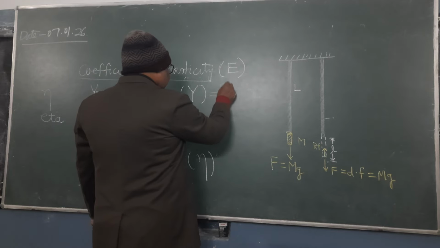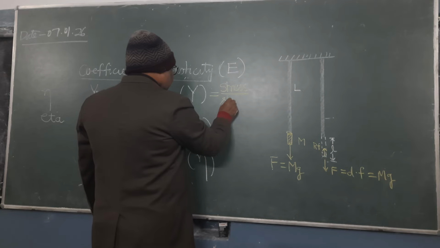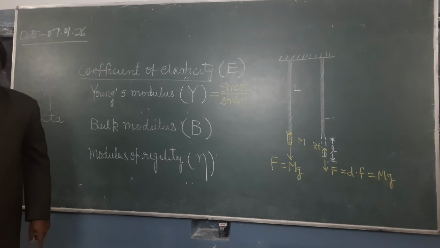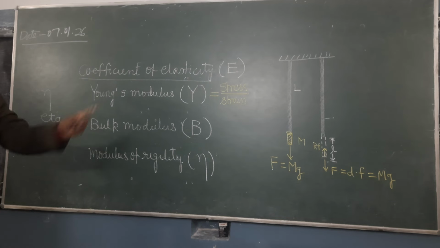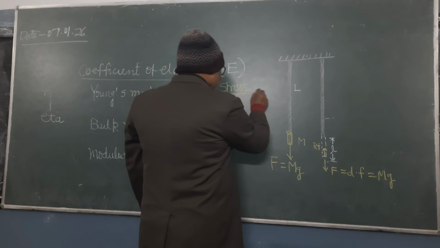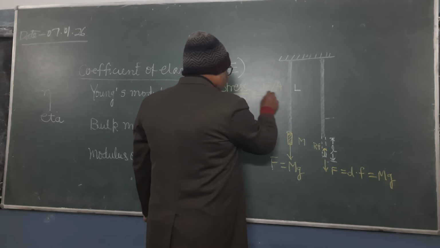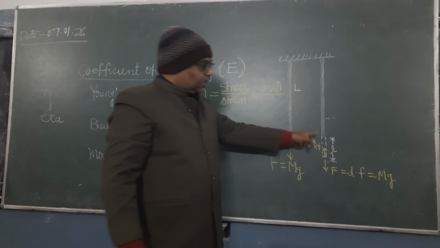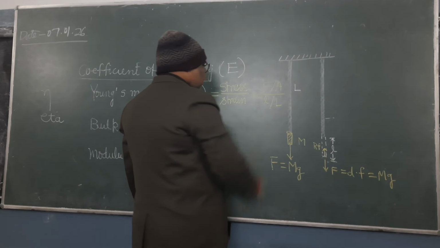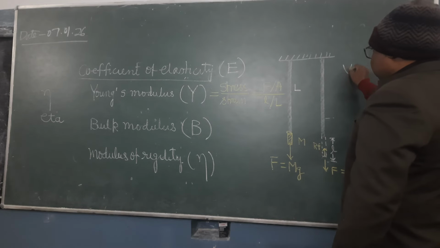Young's modulus equals stress upon strain, or longitudinal stress upon longitudinal strain. What will be the longitudinal stress here? F, area of cross section is A. What will be the strain? Change in length upon original length. So when you simplify this,